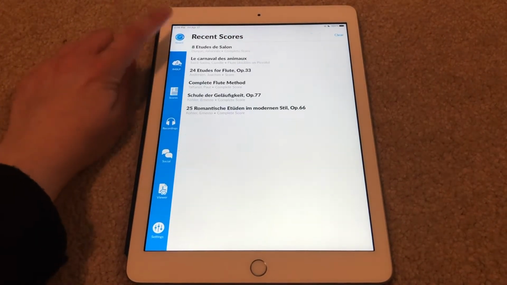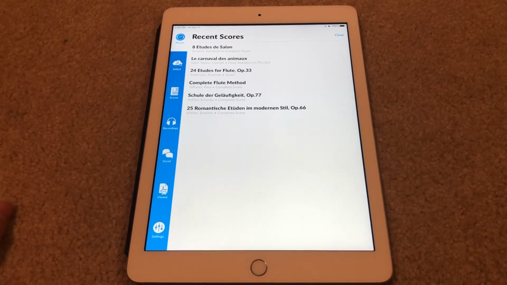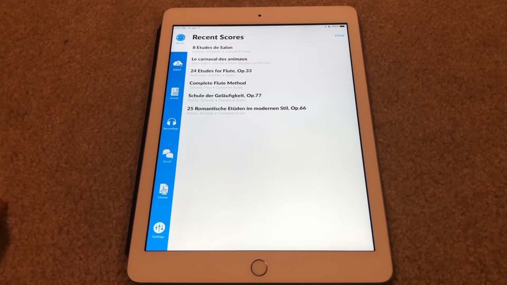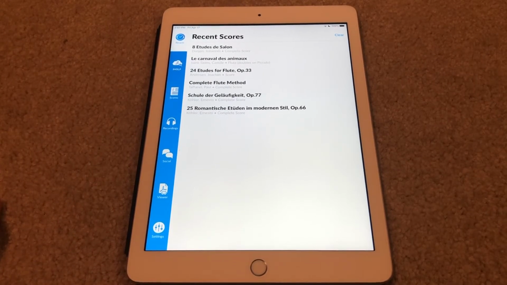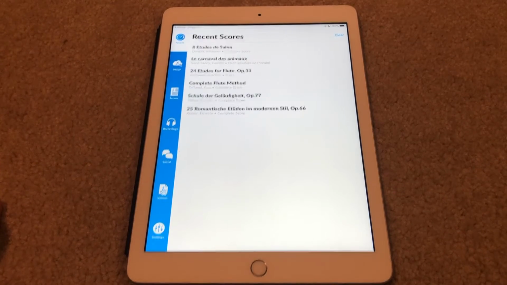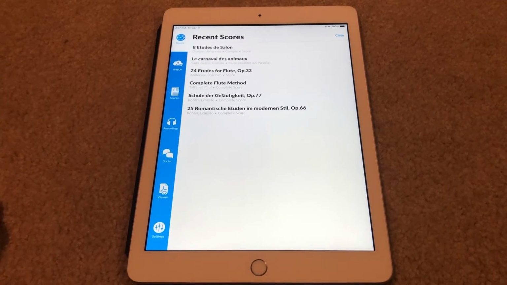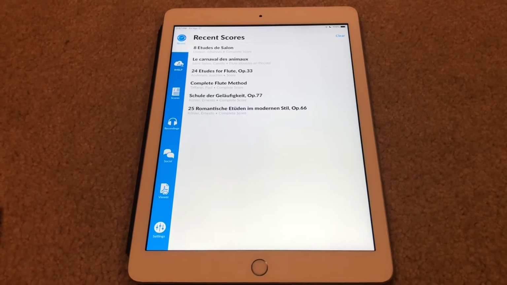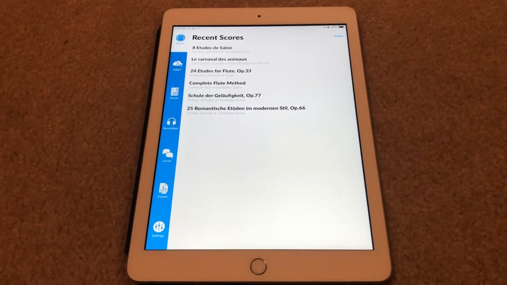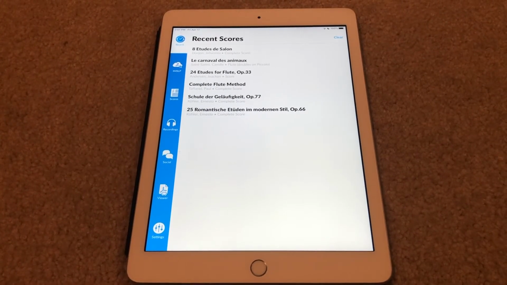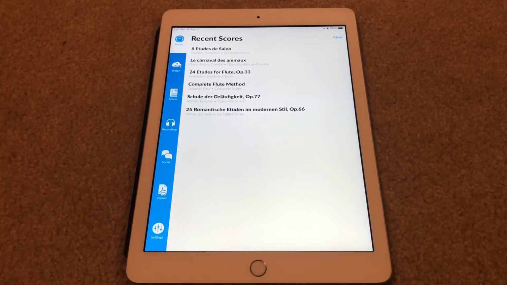So starting up at the top, we have the recent scores. So you can see some of the things I've been working on: the Don John etudes. I played through Carnival of the Animals, some other etudes, which is mostly what I use IMSLP for. I don't store much of my solo repertoire on here unless I get it off of IMSLP, but then I will